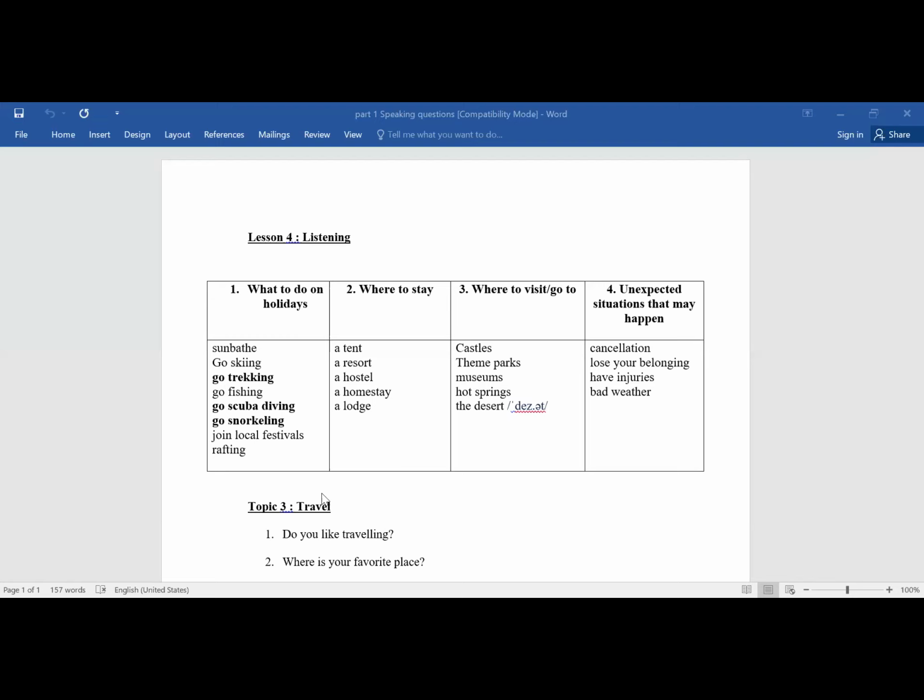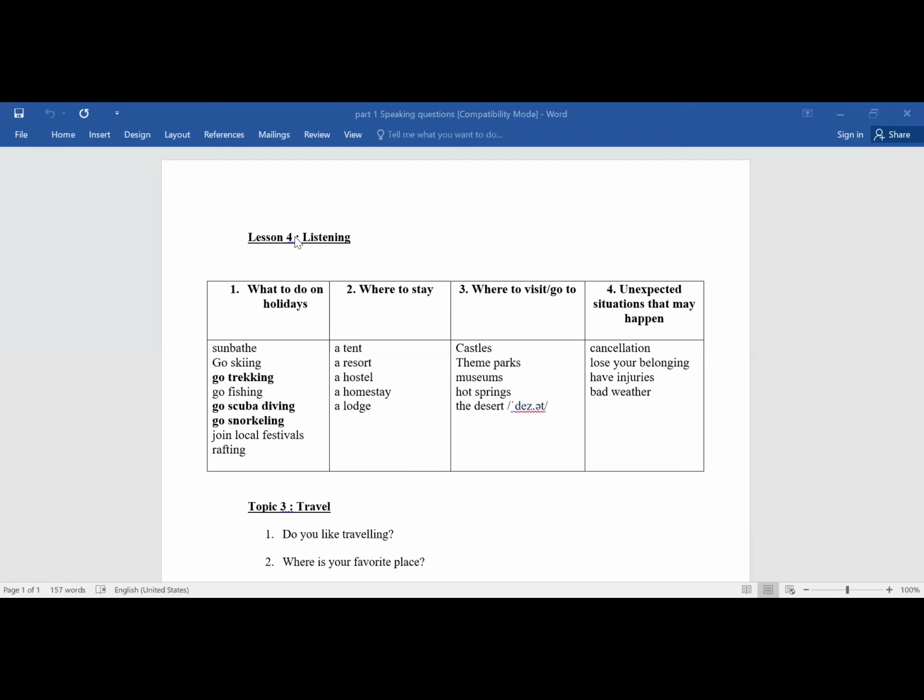Okay. Hello, can you please help me check the chat box? Yes, I'm here. The file is named Part 1 Speaking Question. Exactly, thank you. Everybody, let's get the file, and when you open it, you will see,